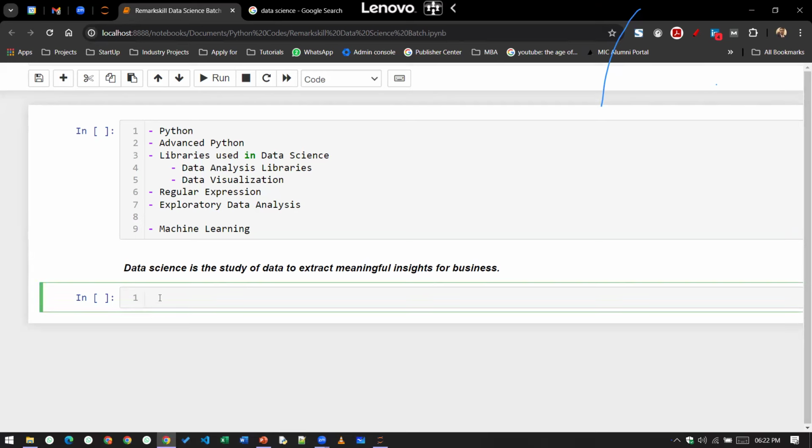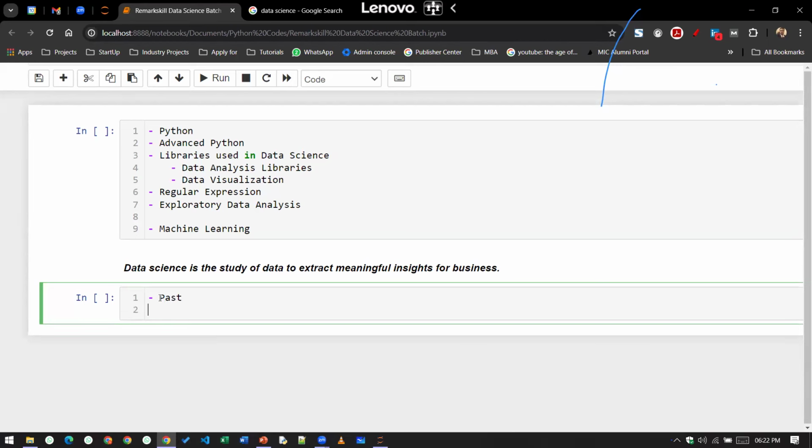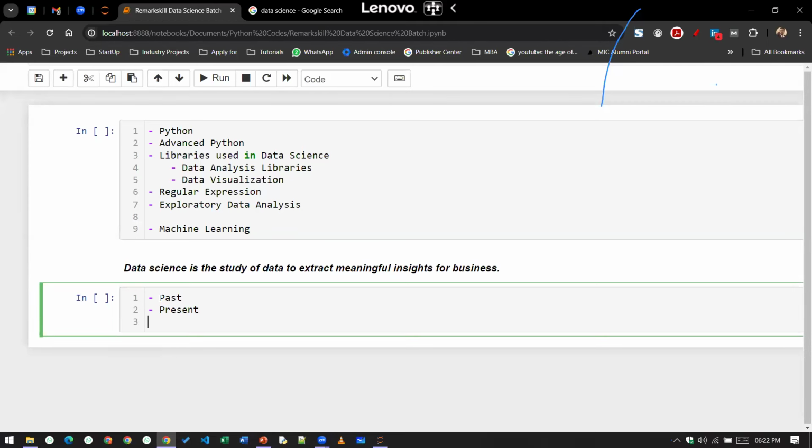Now, when we talk about data, it depends. You might be getting past data. For example, the data of the past World Cup, last year's World Cup. Then data might be of your present, for example, the present World Cup. Data can also be of your future. When I'm talking about the past, what happened in the last World Cup,